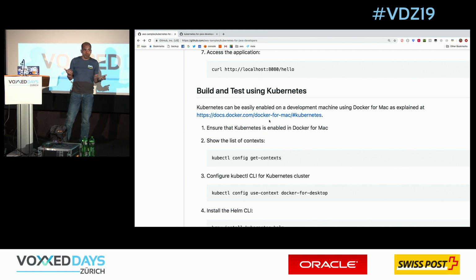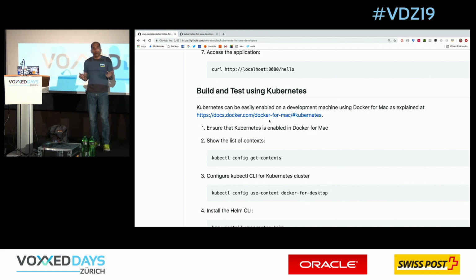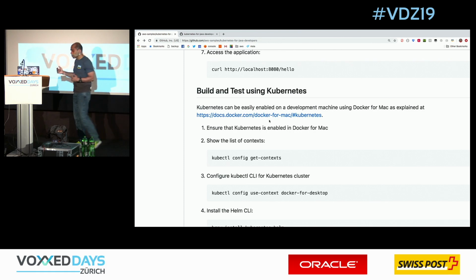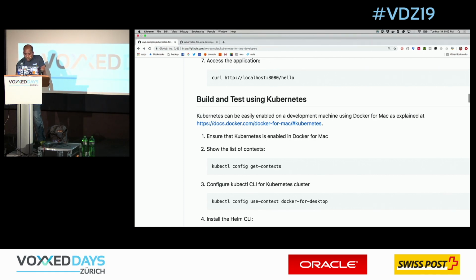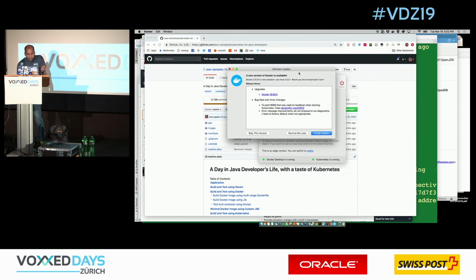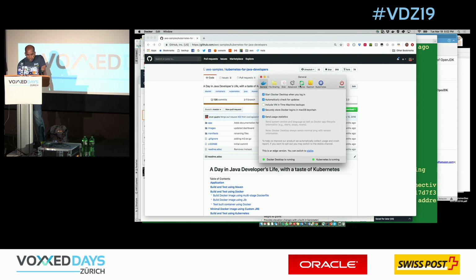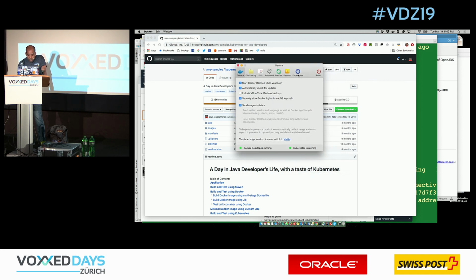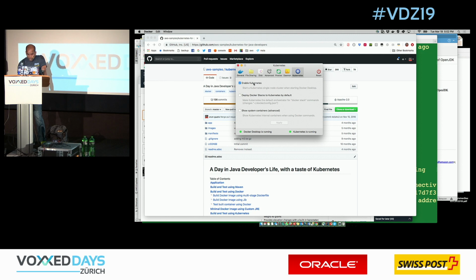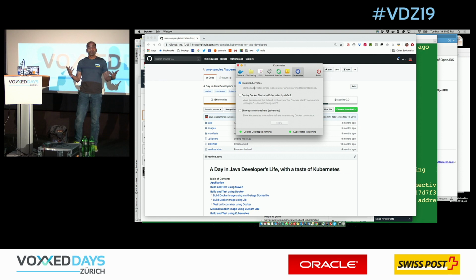My favorite is Docker Desktop, because as I'm building the Docker images, I'm very likely to have Docker here on my machine. And because I have Docker, I can look at the Docker preferences here. And in the Docker preferences, for example, I can see there is a Kubernetes tab here, and I can enable Kubernetes. So in Docker Desktop, I can simply turn on Kubernetes. That really allows me to have a single node Kubernetes cluster running on my local machine. So as I'm making the journey, all of this is happening on my local desktop.